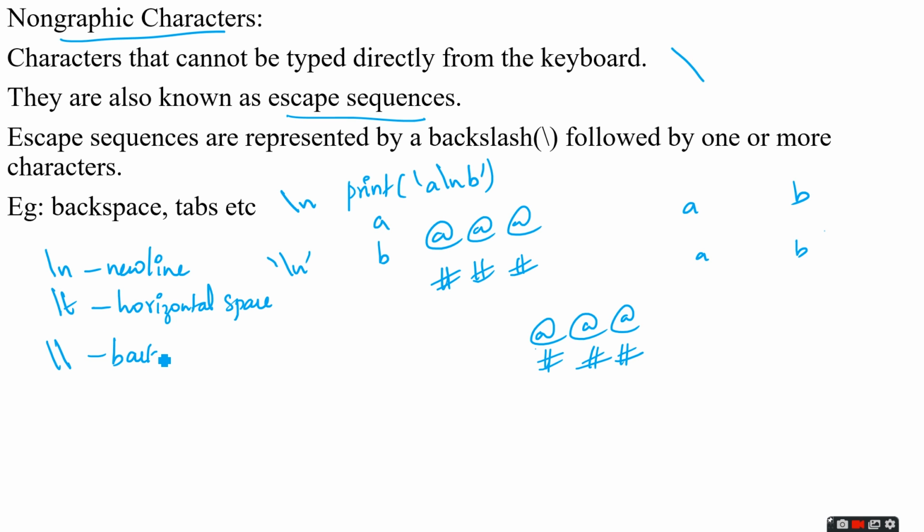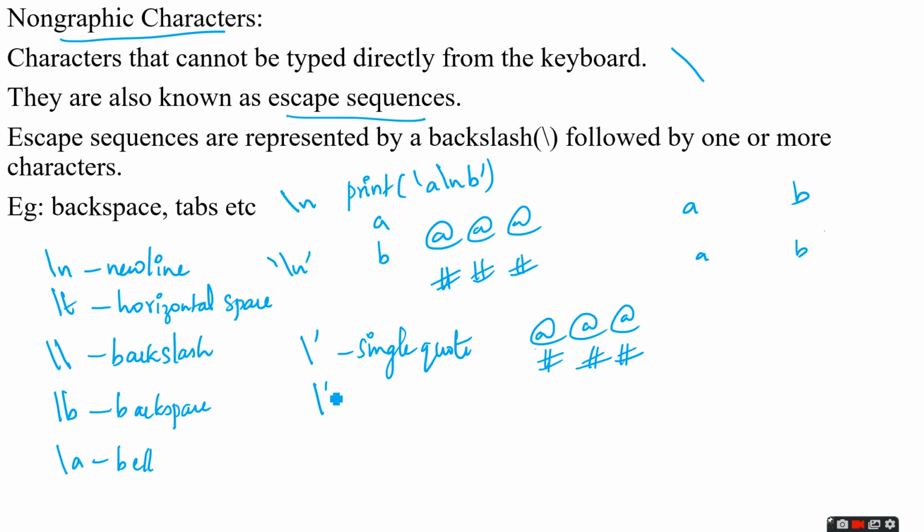For backspace, we write \b. For bell, for getting sound, we use \a. For single quotes, we write backslash single quote, and backslash double quotes for double quotes. These are some examples of escape characters or non-graphic characters.